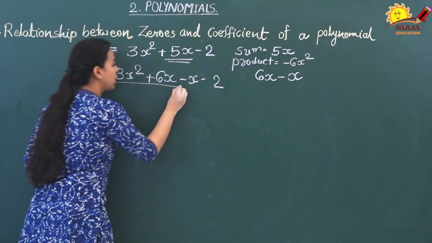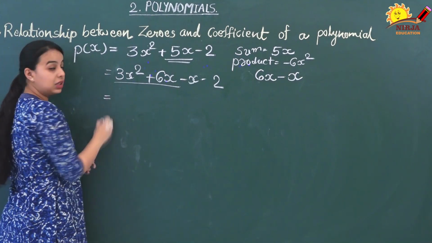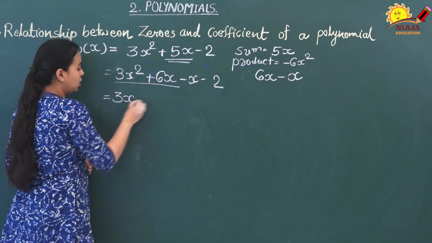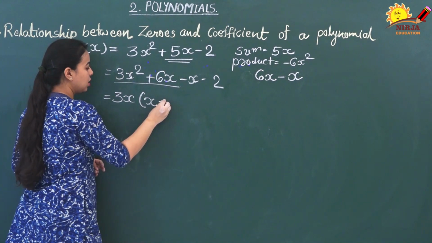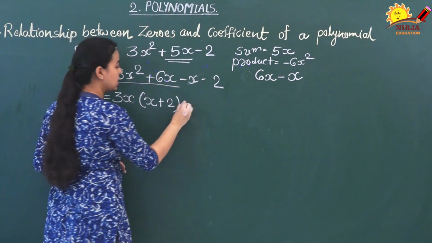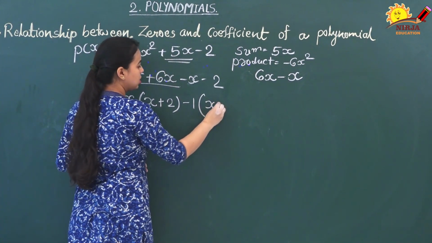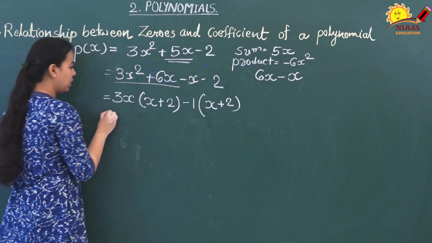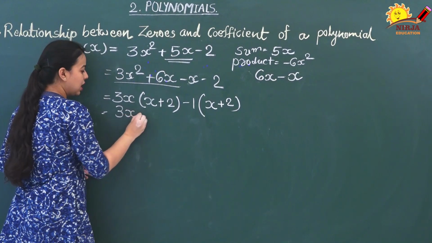From the first two terms, I am going to take 3x as common. What will be left? x plus 2. Here I am going to take minus 1 as common, then x plus 2. We can write 3x minus 1,